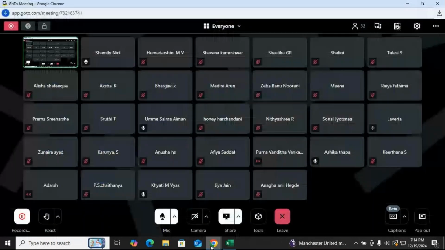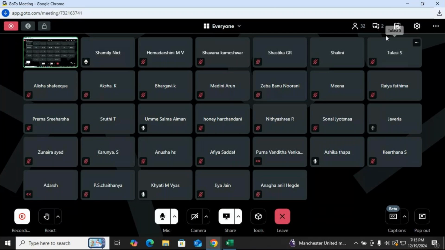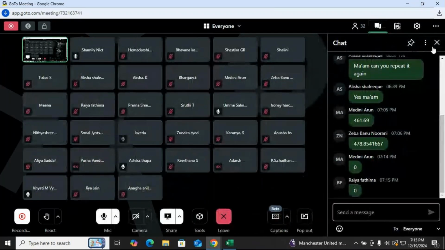Have you done this? Do you have any doubts in this drop down option? See, you have to respond to me, only then I'll come to know whether you people are working or not, or if you have any doubts. If you are not working with me, you tell me, let me continue the classes so that you will receive a recording. You can see that later and work on it. When you're working along with me, do respond to me. Okay,